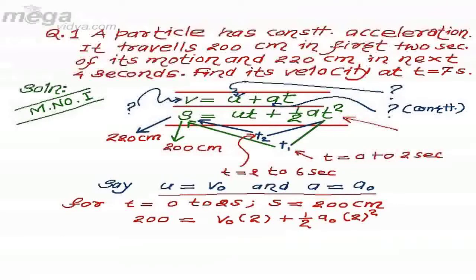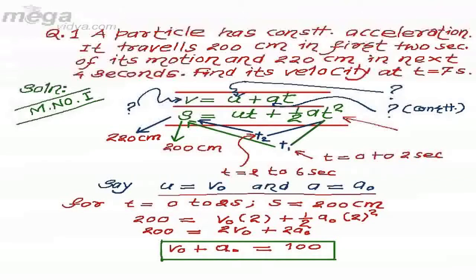So the second equation, s equal to ut plus half at square, now converts to 200 equal to twice v0 plus twice a0, which yields the final equation v0 plus a0 equal to 100. Here this is the equation which we have got using kinematic equation number 2 for the given set of values. Now we proceed to the next step using the information given from t equal to 2